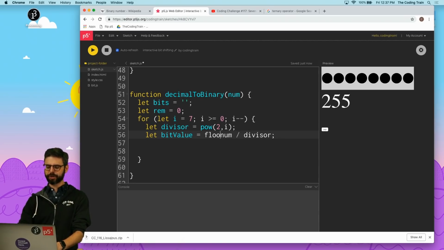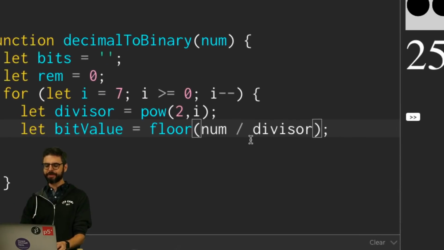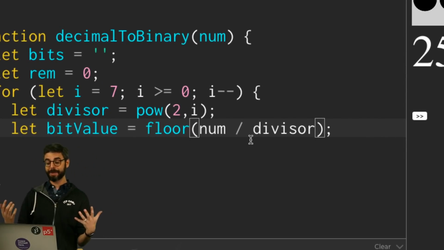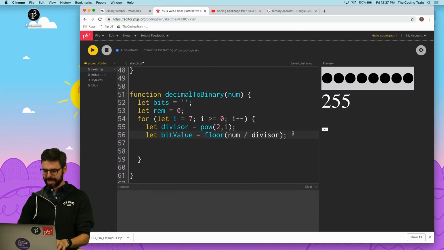Here's the thing, I'm going to use floor. JavaScript natively does everything as floating point. If I were in a language like Java, it would just give me the result without the remainder. And then I'm going to say the remainder equals